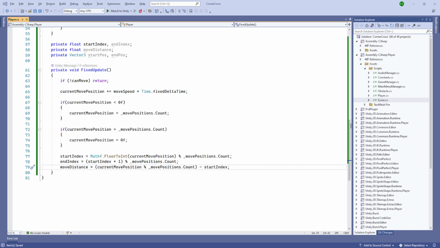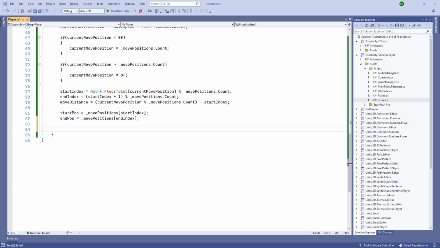So if it starts at 0 point some value, then it will just get us the fractional parts, and our start position is going to be both positions for our start index, and our end position is going to be move positions for our X. And they are currently float. We'll need to set to an int,